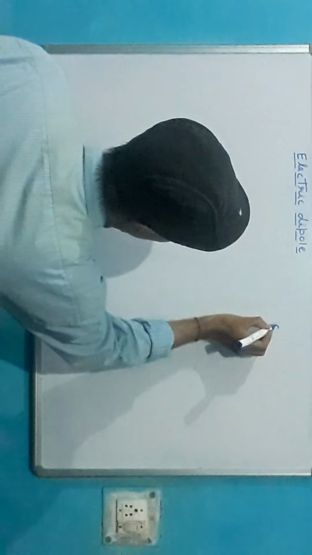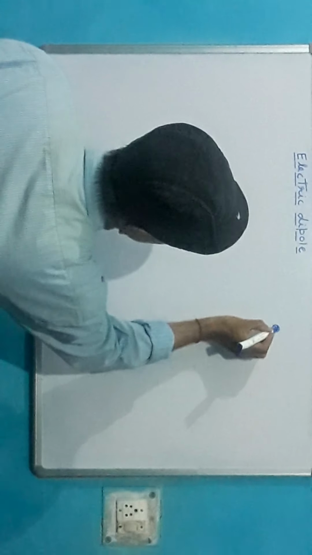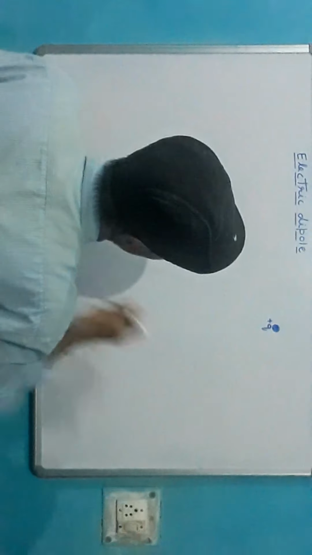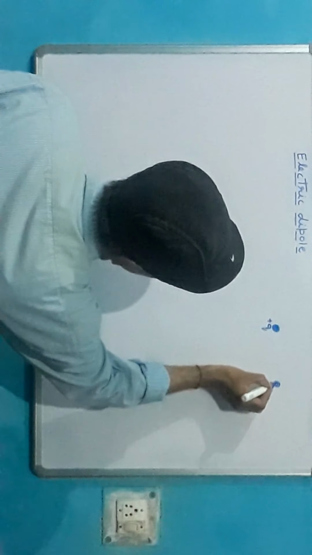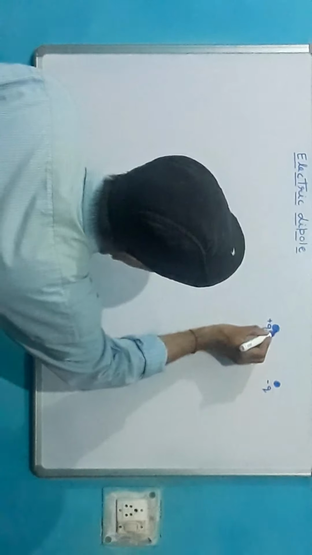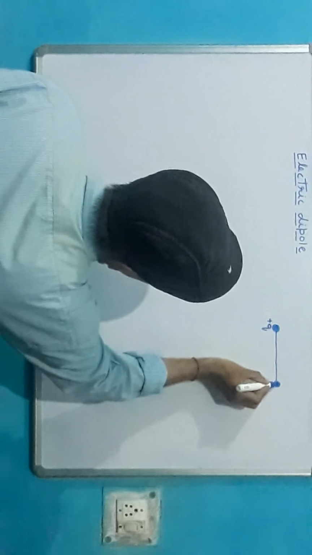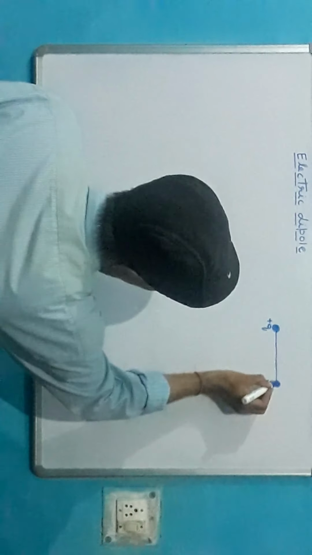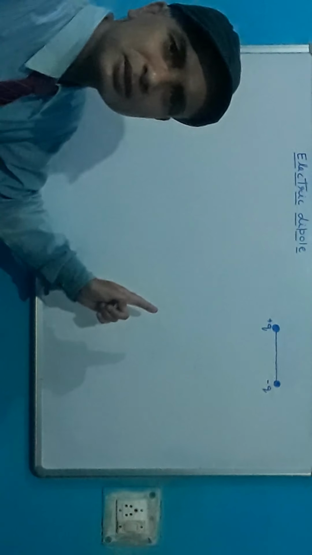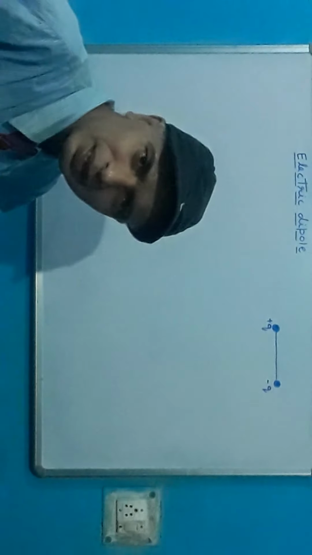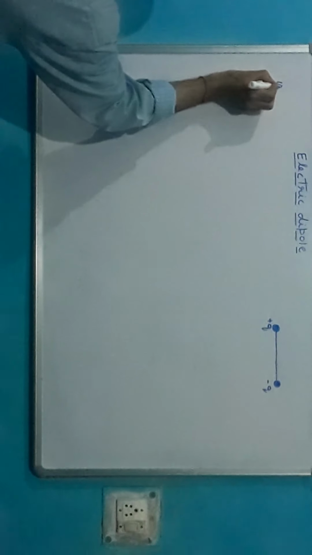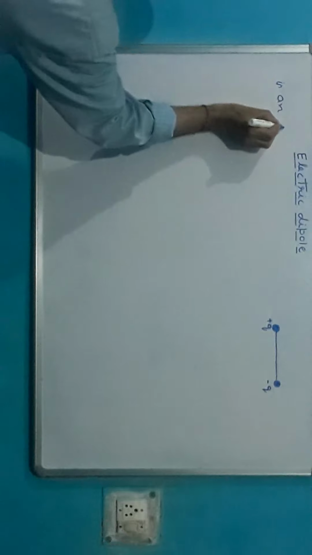Suppose I have two point charges. This is plus q charge and that is minus q charge. These two charges are placed at a very small distance between them. This arrangement is known as an electric dipole. So what is an electric dipole? Actually, an electric dipole is an arrangement in which